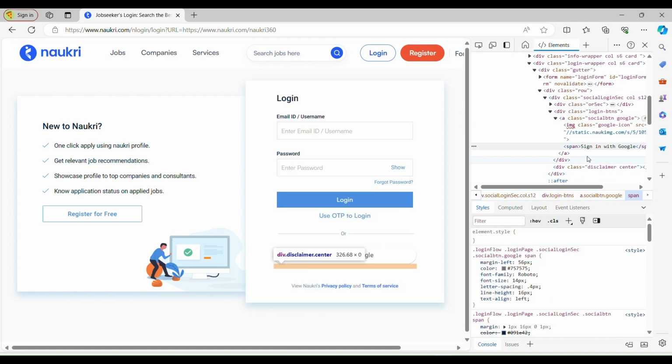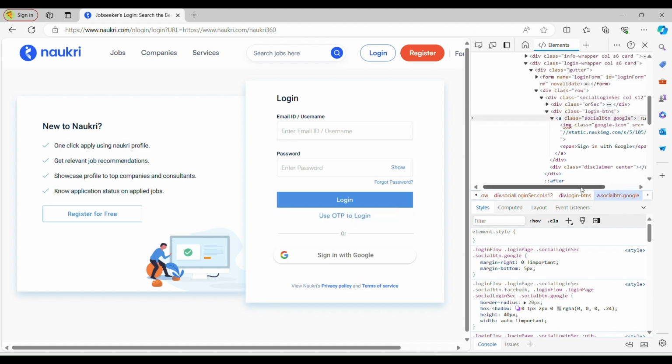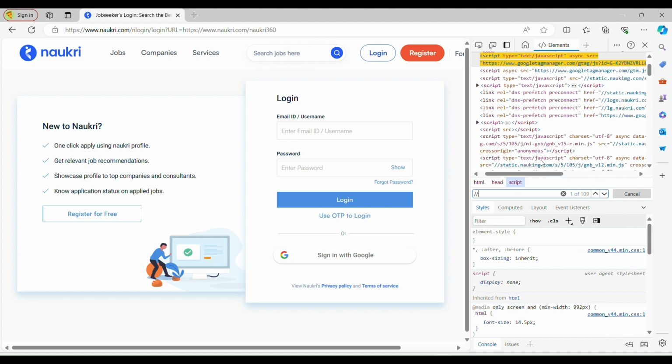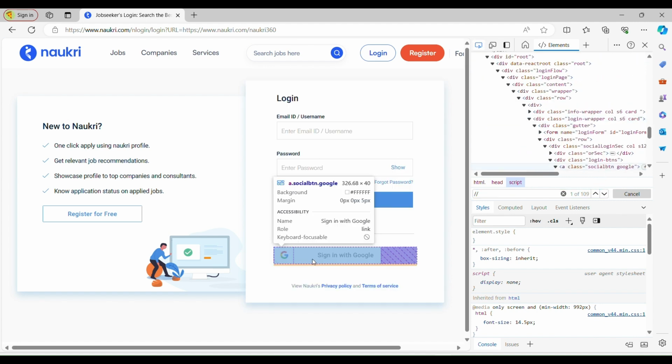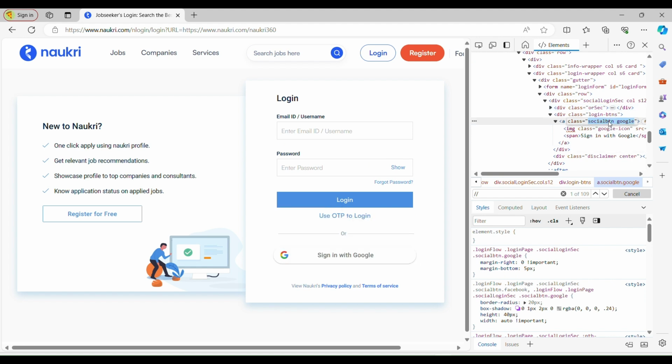So we have a class here, right? This button we are accessing here, this link. So I'm going to create an XPath for this. So simple, what I'm going to do, just Control F, double slash. Then first of all select this button, okay? So this link, I'm going to copy this class value and provide it.